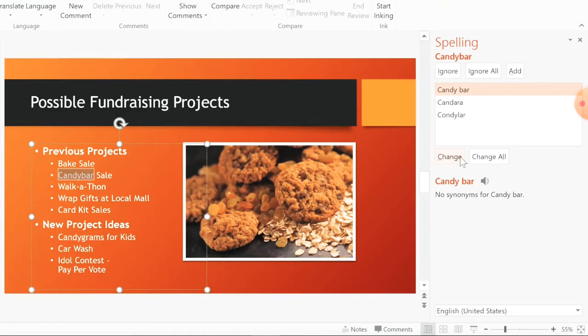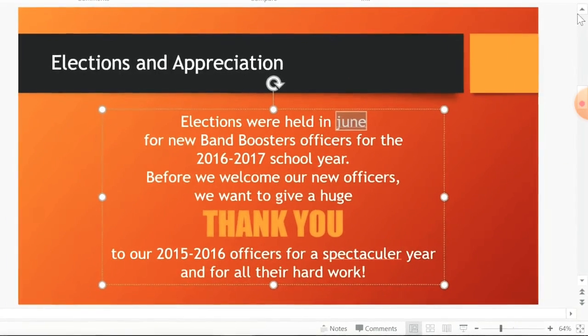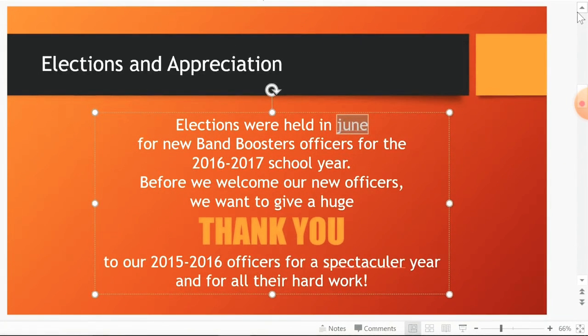There are some suggestions about the text, and we can change all. If you have done it in many places, you can use change all. Sometimes we can ignore all, and add also for a proper noun, like a person's name, we can ignore or ignore all, and we can add it for the future. Sometimes we can do this manually also, like here